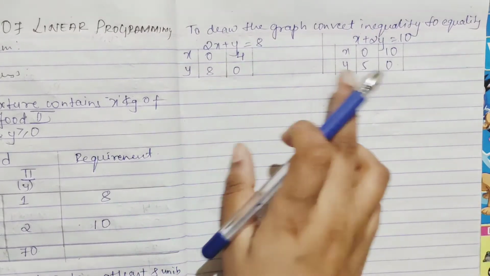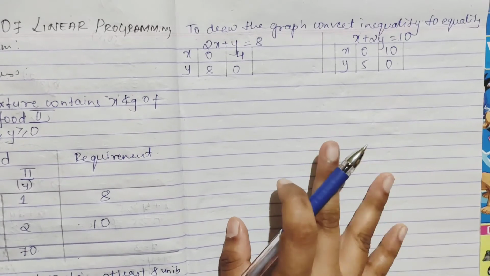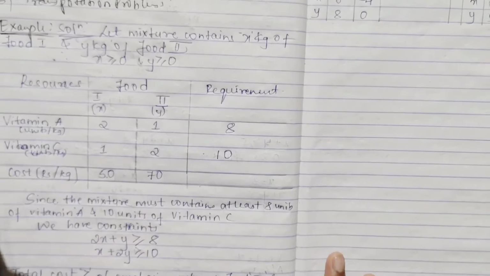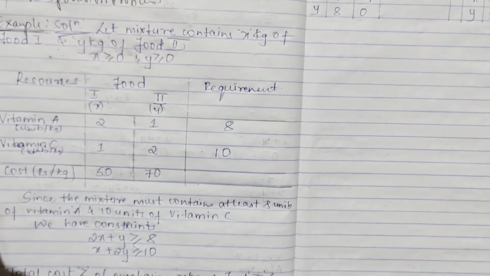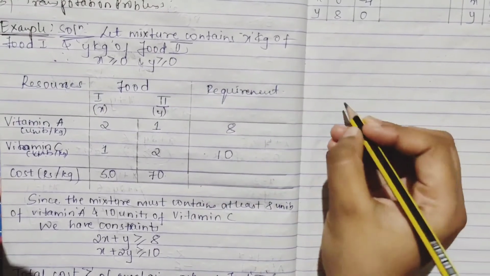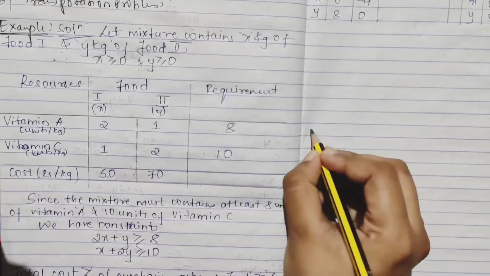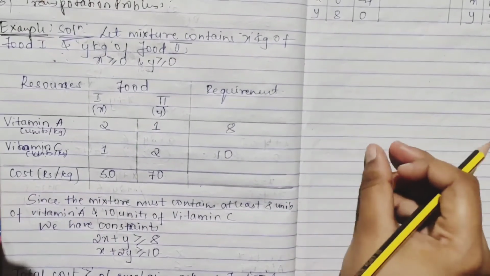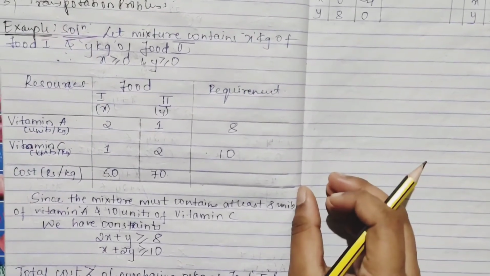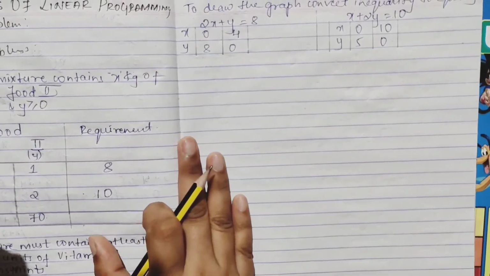Take these points, draw the graph, check your feasible region and do this part. We'll head up to the exercise. I hope it is clear how it is. Either you can do it like this with a box and then write like this, or clearly, if you want, you can write first food 1, food 2, then vitamin A, vitamin 2, then take food 1 is equal to x, food 2 is equal to y, then you take the objective function. Anyway, that way also I'll show you. You can see which you find better.